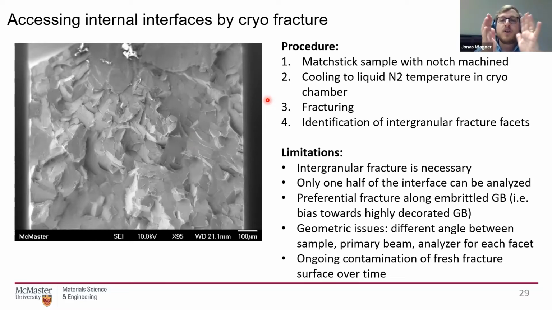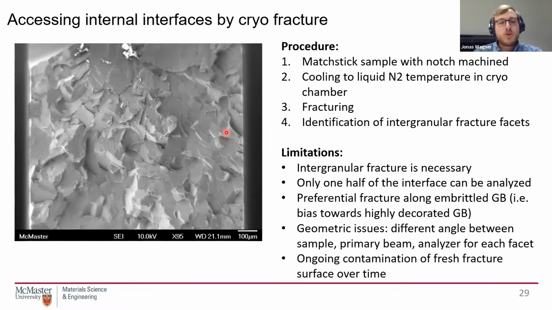So how the segregated layer distributes between the two halves of the interface is sometimes a little controversial. Some people talk about the cake layer model, where it is just on one side and not on the other. Most people say it is equally distributed between the two interfaces, but experiments show that it is not as easy. It is about 50-50, but there's a non-negligible amount of scatter in that.